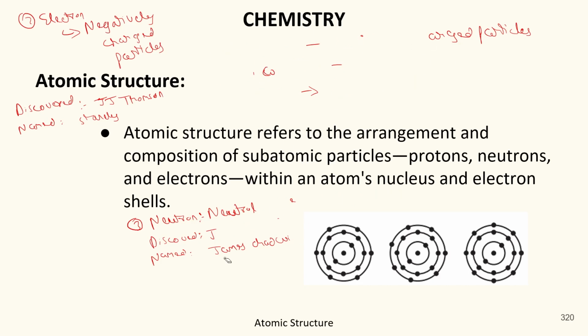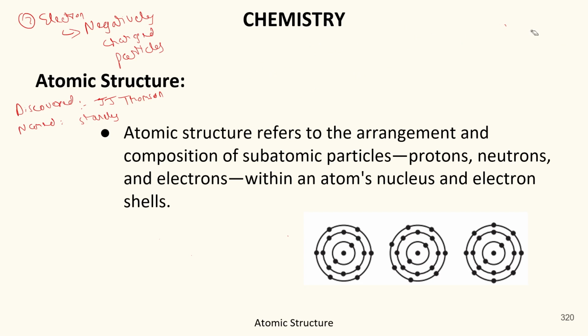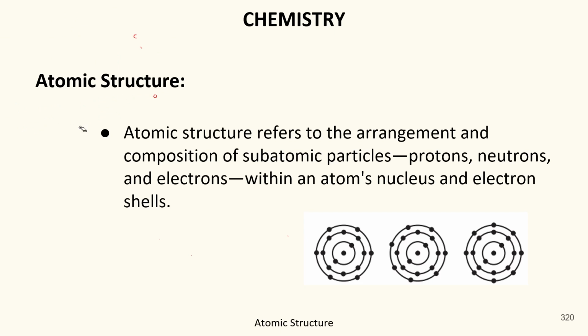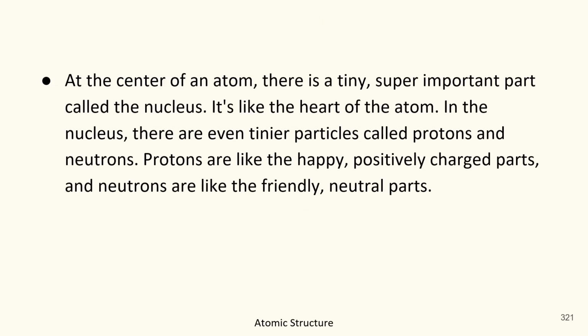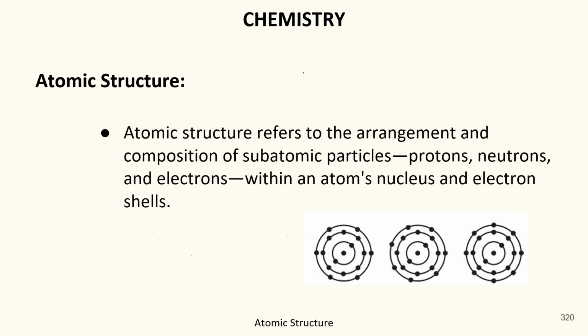Got it? Now, let's move forward. So basically here we have come to know about the first introduction of the atom by Democritus, then the explanation of atomic theory by John Dalton, and thereafter we also come to know about the electrons, protons and neutrons, which are the parts of the atom. But here is one question: how do we find them?